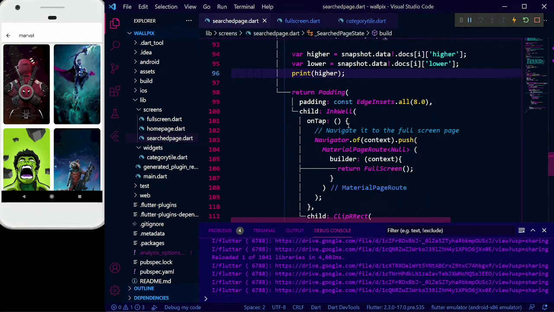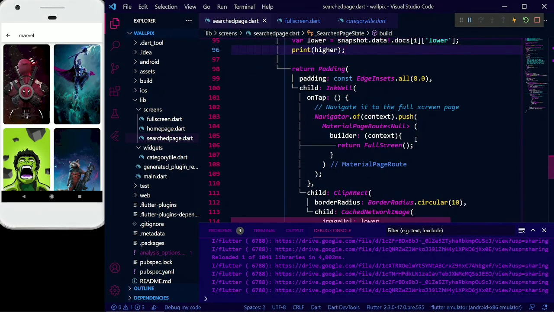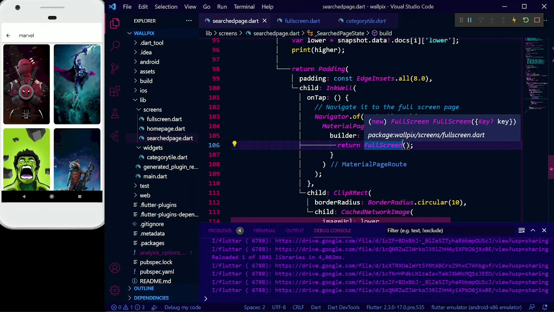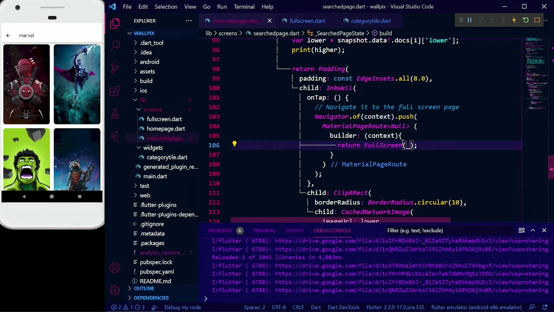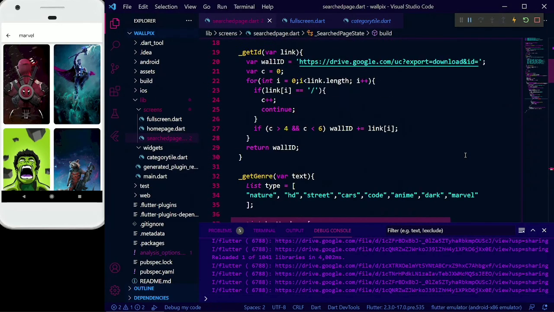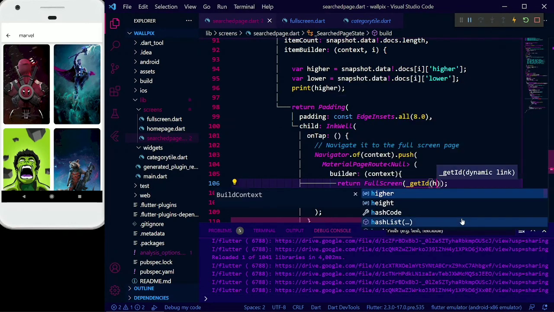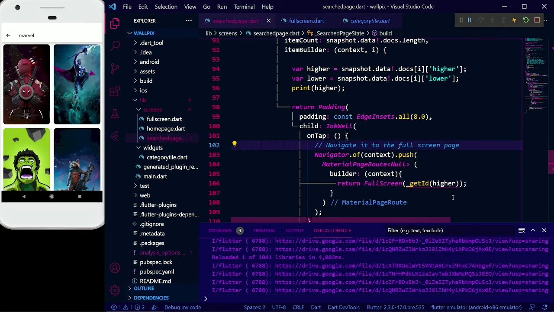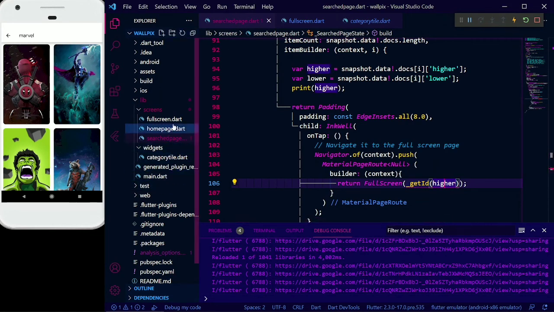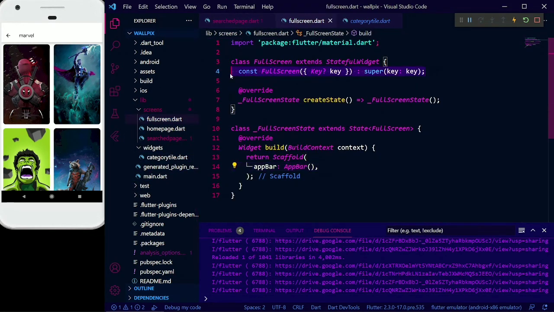We have manipulated the Google Drive link to make it downloadable. So we will call get id, and higher. It's giving me an error because we didn't make a constructor here.